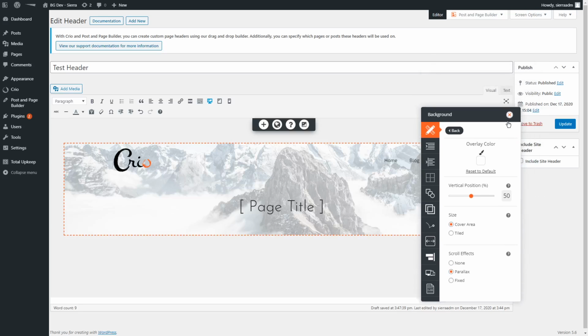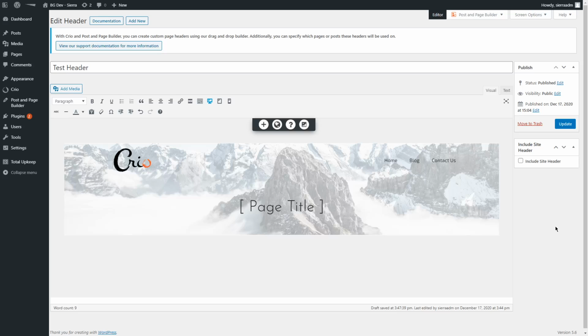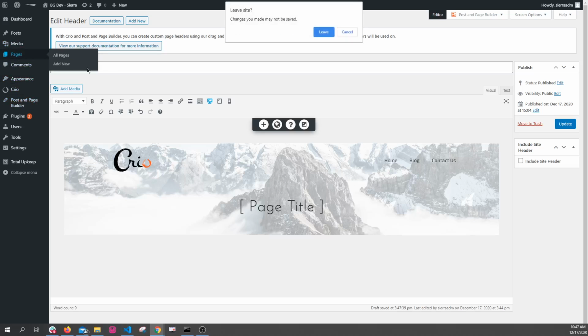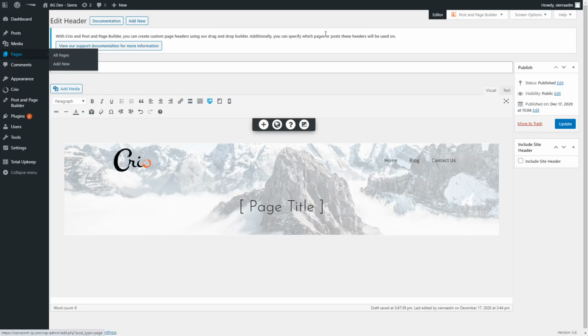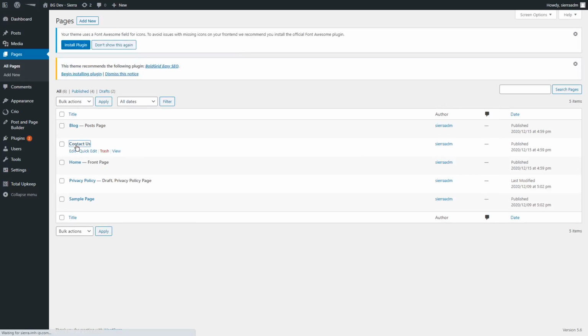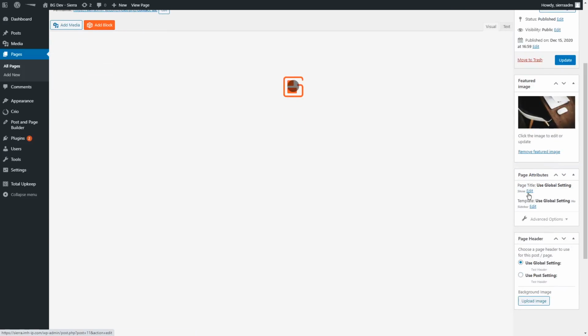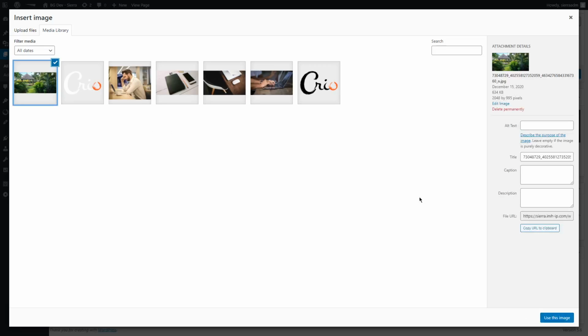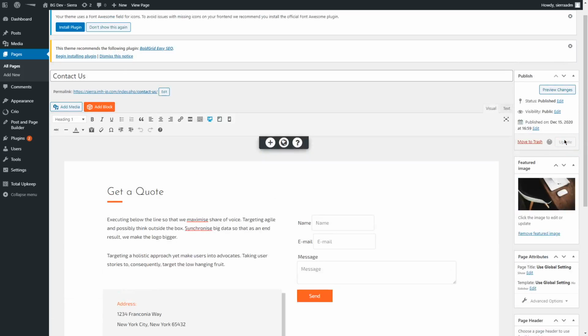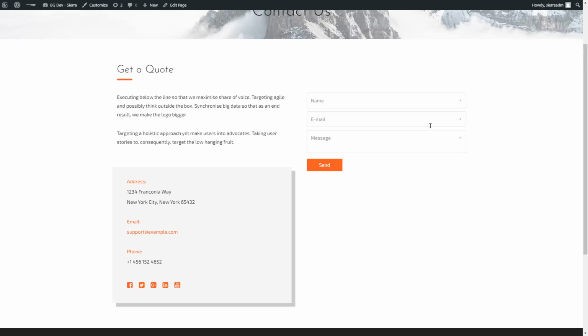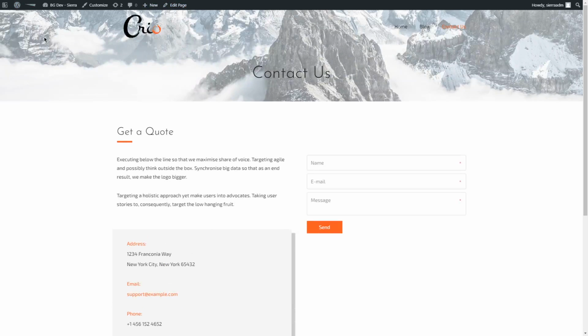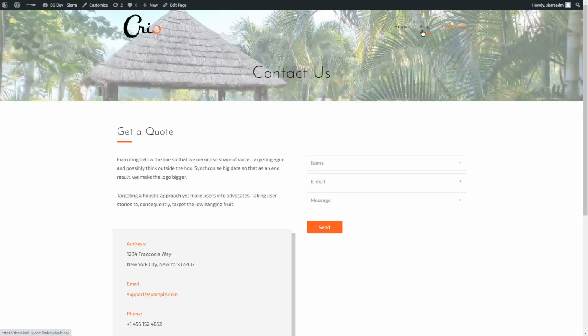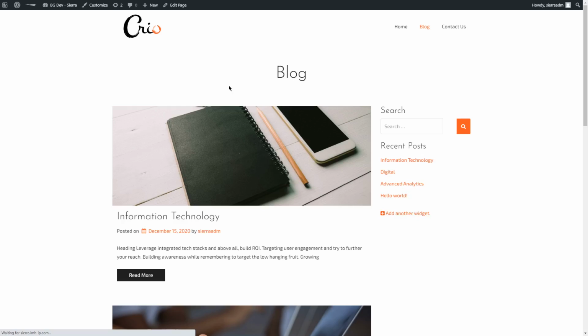You can also assign a specific background image for a specific page. So if you go to the Contact Us page, go to that page editor, and here you can choose a different background image. Let's go with this one here. So on the Contact Us page, it shows this background image, but on other pages, it shows the